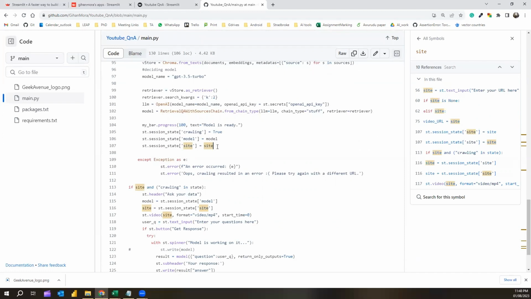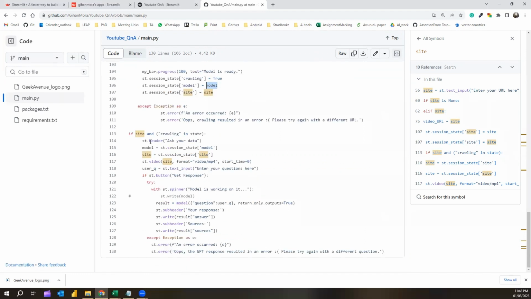So we need to save the site, the URL of the YouTube video, and the model file that we just created, and we have to save them as variables in our session state, so that we can use them in our next segment after pressing the submit button. All right, so next we are checking if the site and the crawling are in the state, which means the crawling here stands for whether our model construction process is completed. So if the URL is there as well as the model is constructed,